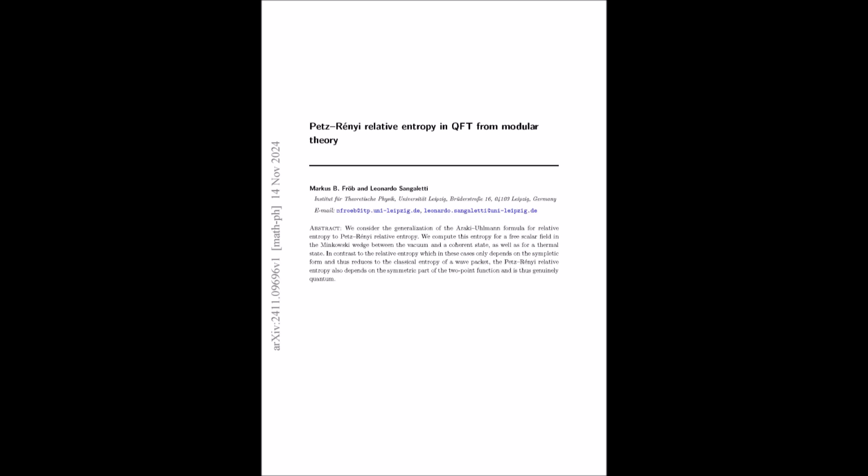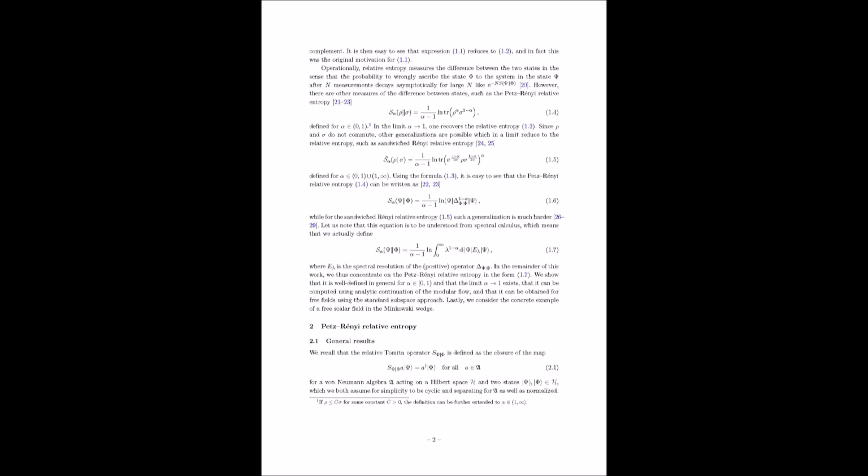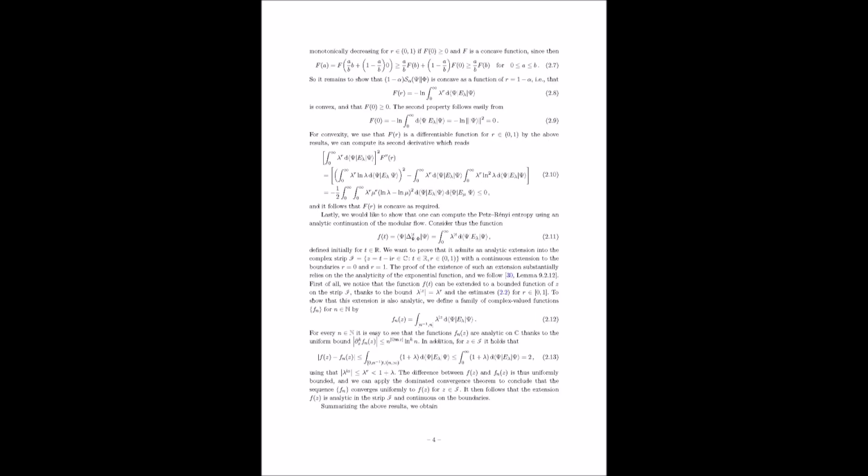But how does any of this translate to something that we can actually observe, something we can measure? Well, think of relative entropy as telling us the probability of misidentifying one state for another based on the measurements we take. So the higher the relative entropy, the less likely we are to mix up those two states. So it's like a measure of how distinguishable those states are based on what we see experimentally.